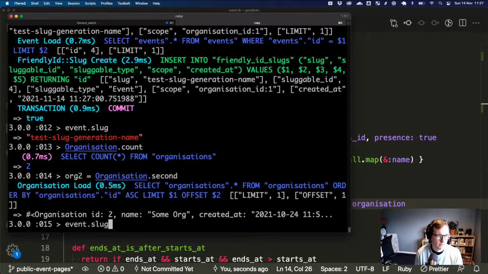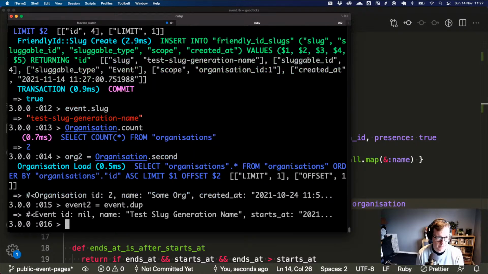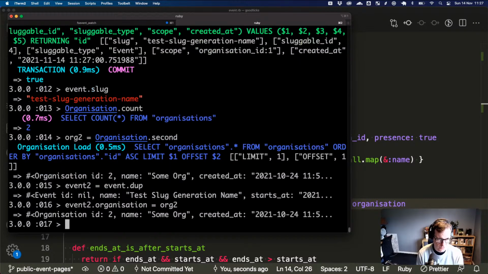And then we can take event and call it event2. I think you can do it with dot dup. Okay, great. So event2.organization equals org2. The name's going to be the same. So I think we can then just do event2.save.